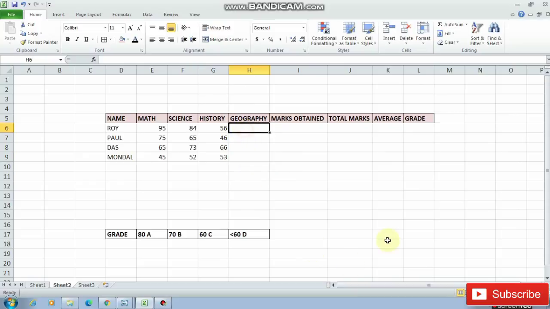As you select, E6 to H6 will automatically appear in the cell, and then you close the bracket. By clicking the enter button, you will get the marks obtained by Roy.